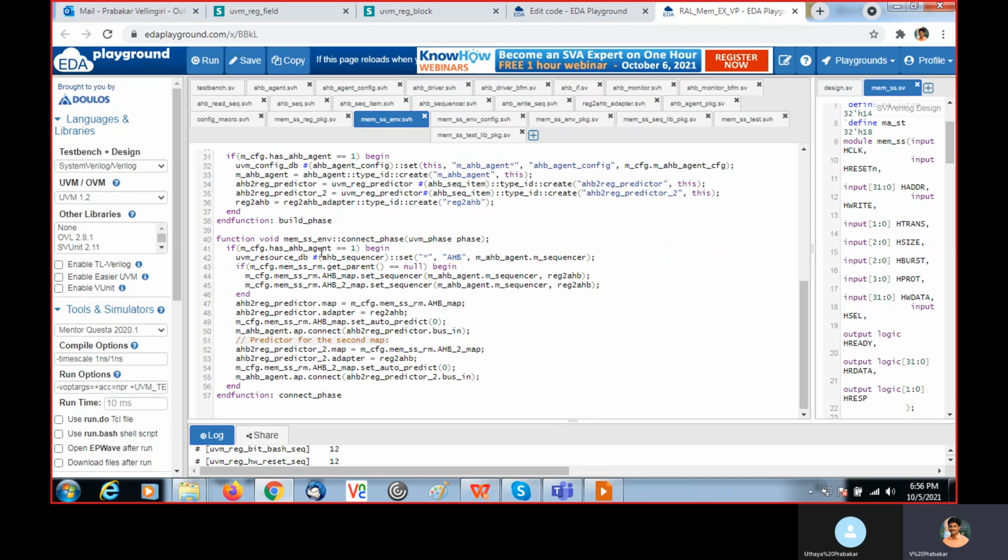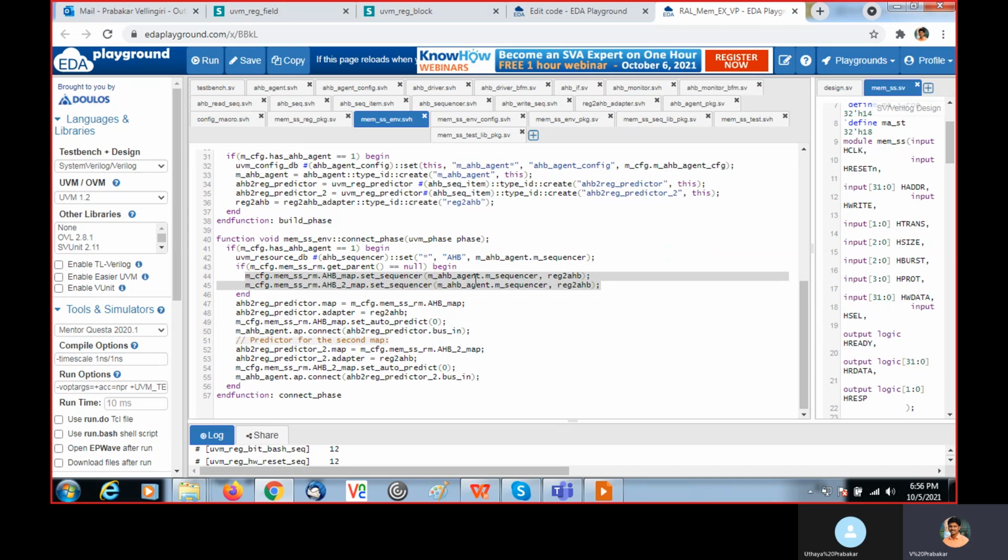Here also we are checking if the agent has AHV agent set as 1, we need to perform all this. So in the resource database, we are setting this AHV agent m_sequencer as AHV. Then these 2 lines, using the set sequencer method, we are getting the handle of the sequencer.